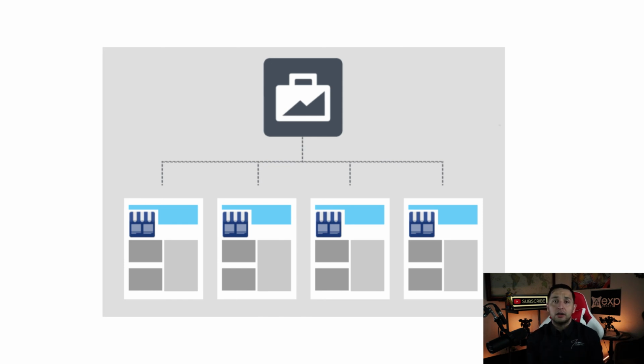Now, the difference here is once you create a business manager account, you're able to create ad accounts within it. Think of it as your business manager account. You can create an ad account here, ad account here, ad account here. You can have multiple ad accounts that you're running ads from. So in the event that your ad account gets wiped out and gets flagged, you appeal and you lose, you have another ad account to run ads from. Does that make sense?